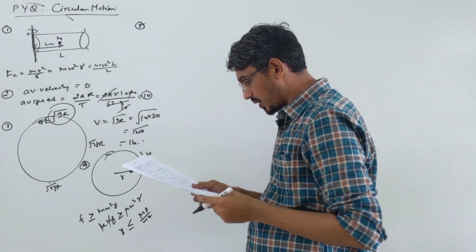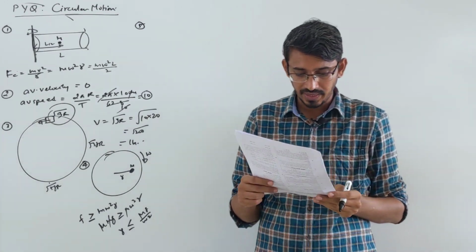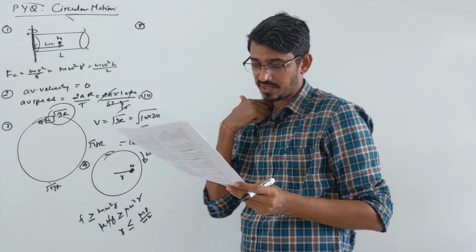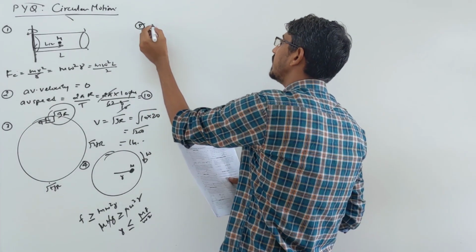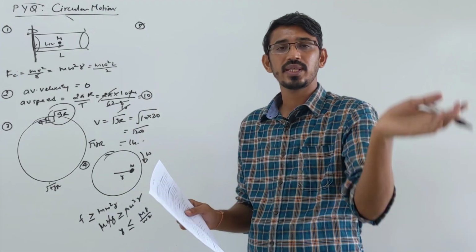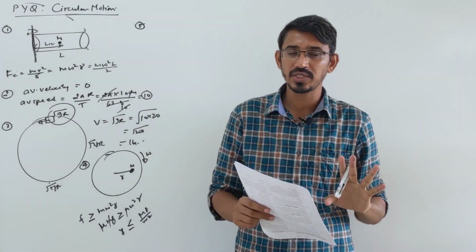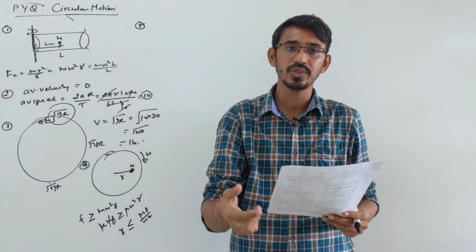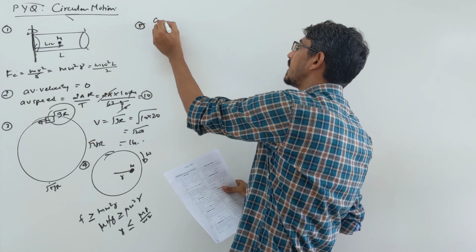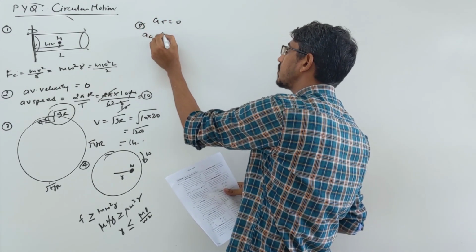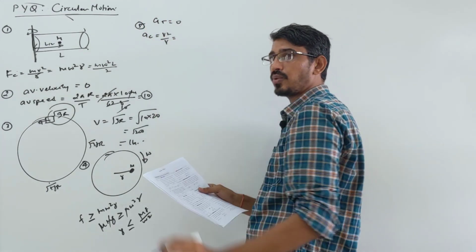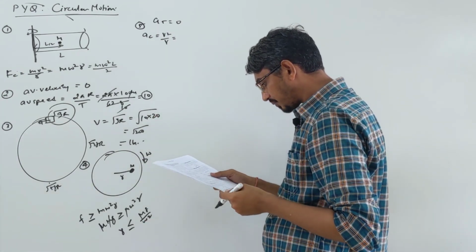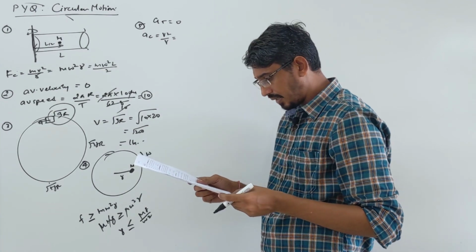The particle moves in a circle of radius 5 cm with a constant speed and time period is 0.25 second. The acceleration of the particle is what? Very interesting, right? Constant speed is given. So when a particle is moving in a circular path, we have two types of acceleration, centripetal and tangential. Here constant speed given is a uniform circular motion. So your tangential acceleration AT is directly 0. AC you can calculate, either v square by R or omega square into R. Here velocity is not given, but radius and time period are given.